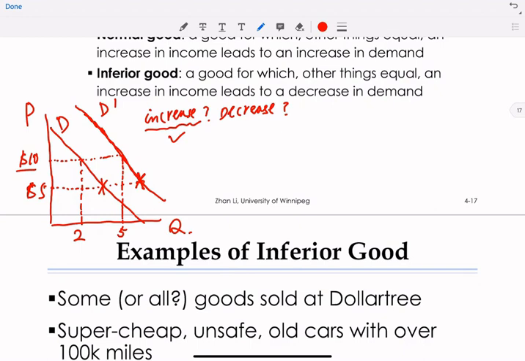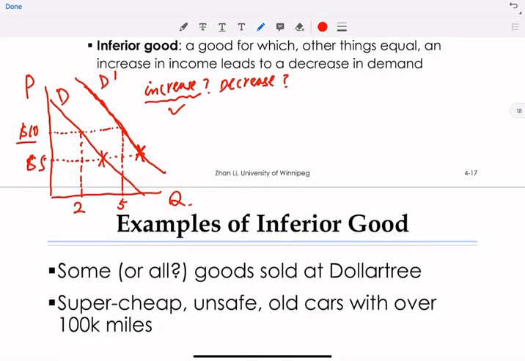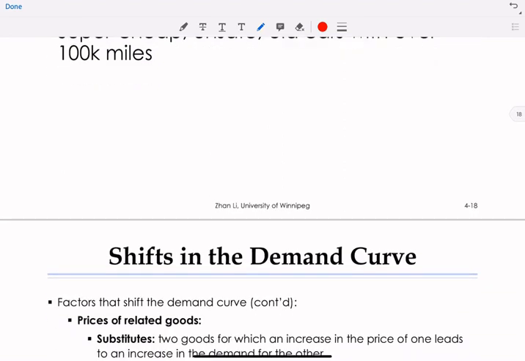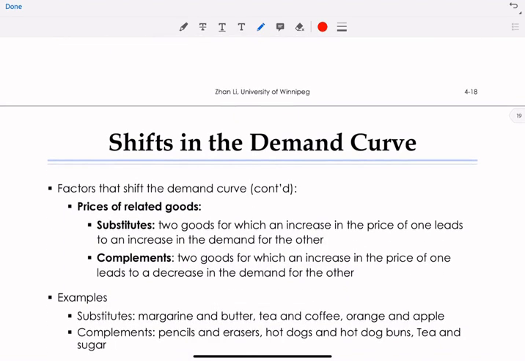So what's the lesson here? The lesson here is if you shift the demand curve to the right, you're increasing your demand. Obviously, if you're shifting your demand curve to the left, you're decreasing your demand, right? Okay, now let's continue to talk about the second force. So the first force moving or shifting the demand curve is income. And the second force is